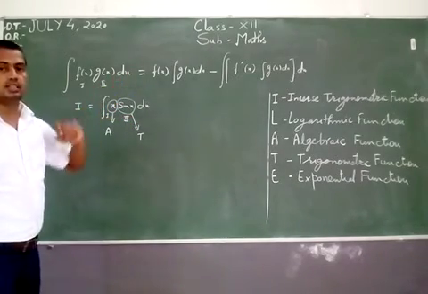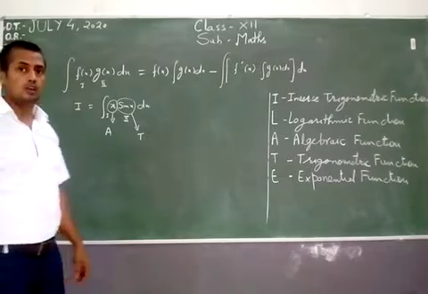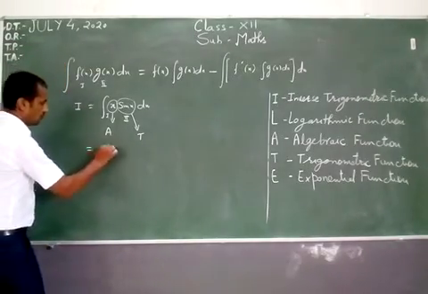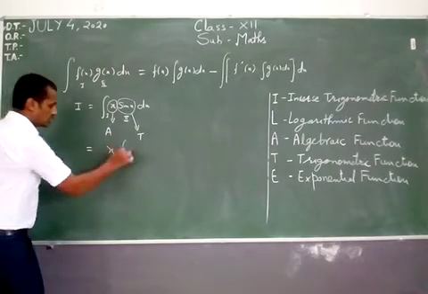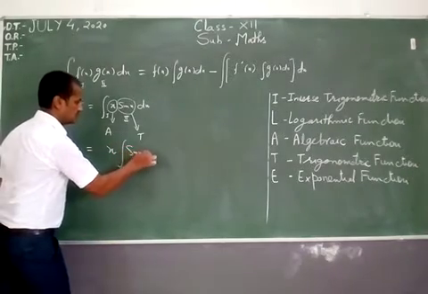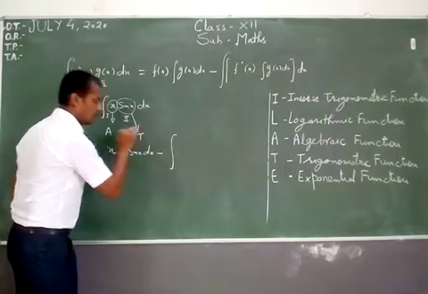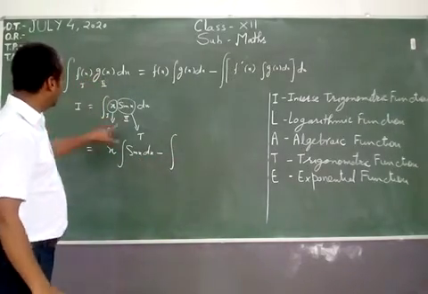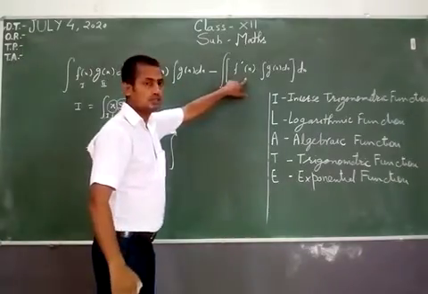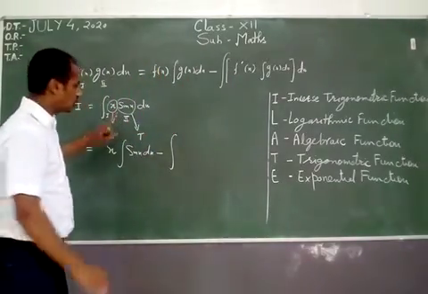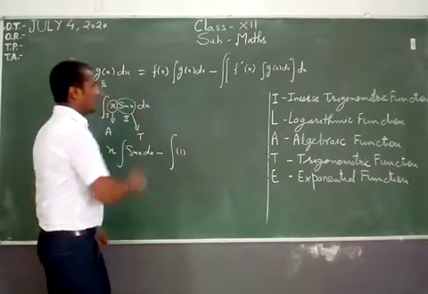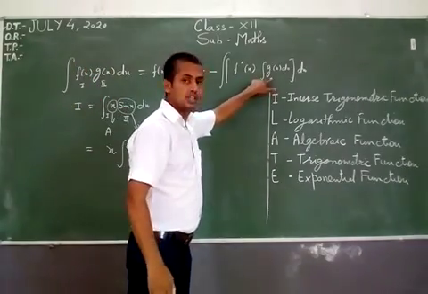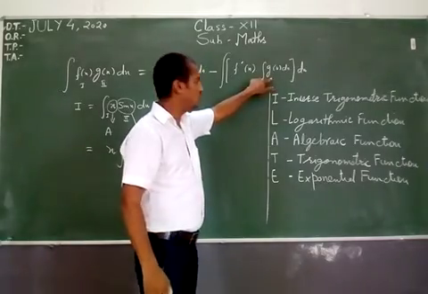Now we can apply the integration formula for two functions in multiplication. First as it is, integration of second, minus integration of the product of derivative of first. The derivative of x with respect to x is 1. Integration of second according to the working rule of integration by parts.